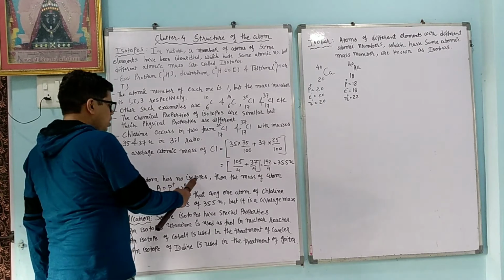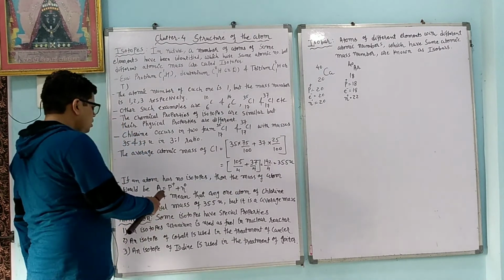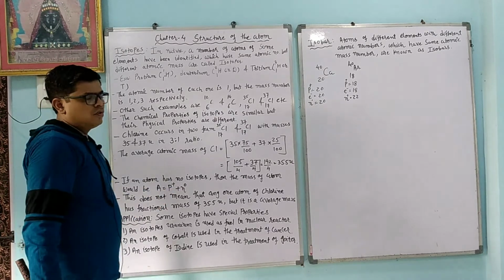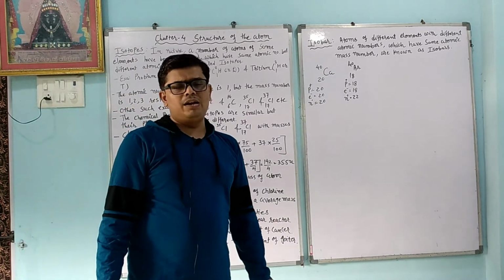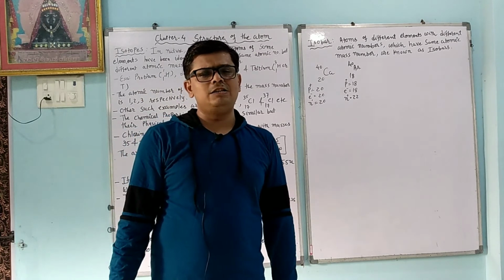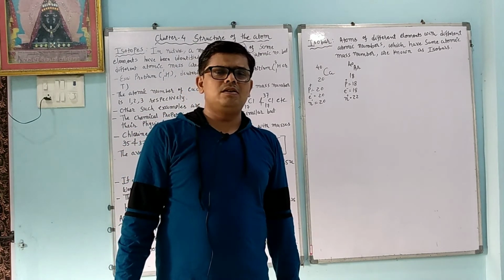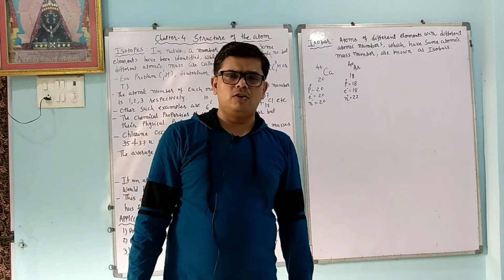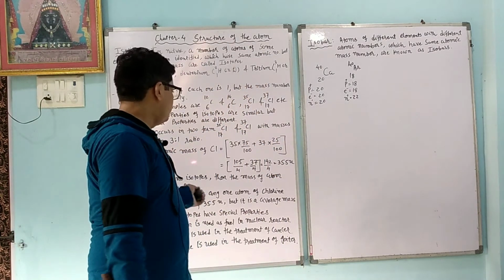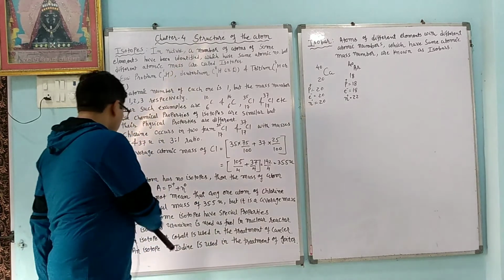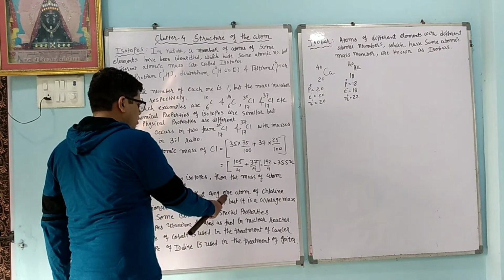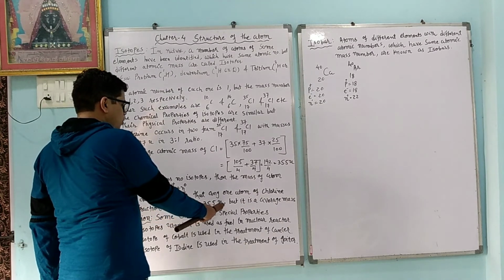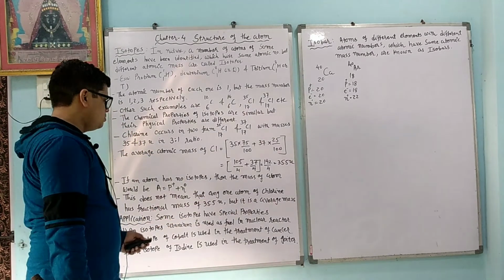So the atomic mass of chlorine is 35.5 units. If an atom has no isotope, then the mass of the atom would be A equals number of protons plus number of neutrons. Okay, so if an atom has no isotope, meaning a single form is present, at that time we will measure the weight of the atom by counting the number of protons and neutrons. No need to take the average mass of the atom. This does not mean that any one atom of chlorine has a fractional mass of 35.5 units, but it is the average mass.